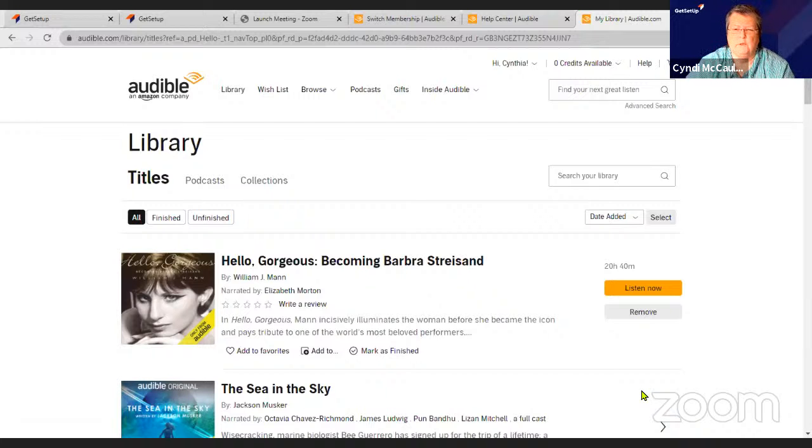I'm going to actually stop this share for just a minute. And I'm going to connect my phone and show you a little bit on the app how to download it on the app. We've already downloaded it to our library. So if I go into the app